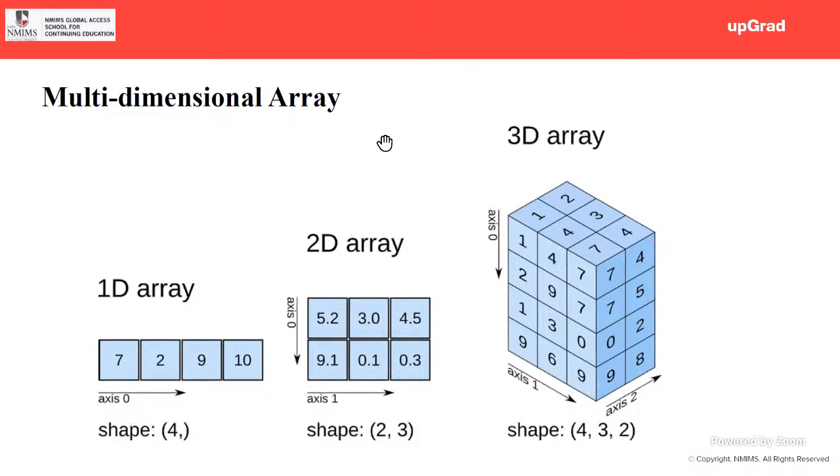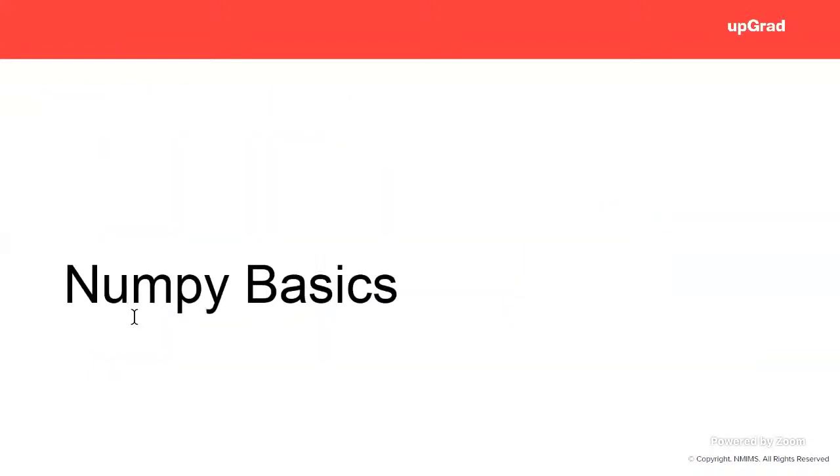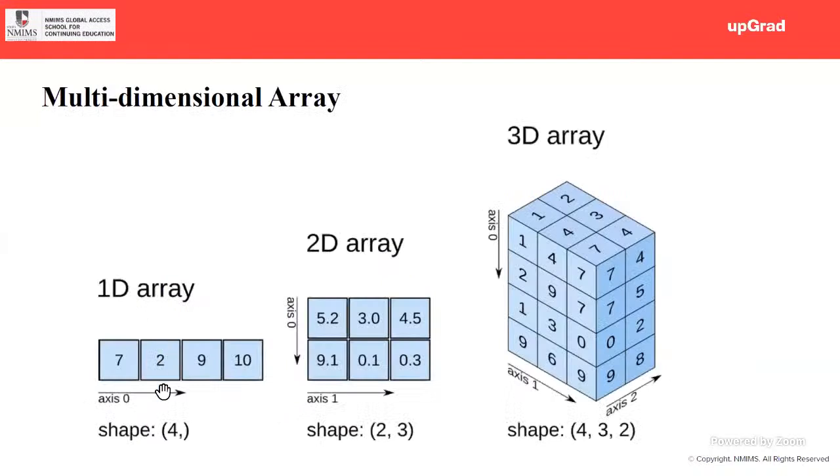Okay. So if it is a 1 dimension array, the data points are stacked behind one another. This is a collection of data points stacked behind one another, on the x-axis. I'll talk about shape later, so don't worry about what is written here. In a 1 dimension array, I have data points stacked one behind the other.